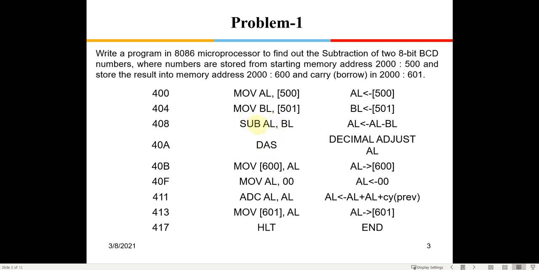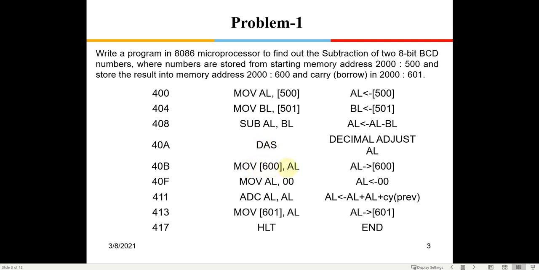Had it been addition, it would do an addition of 6. Since it is subtraction, it will do a subtraction of 6 here. So that is what the decimal adjust would do in this case.